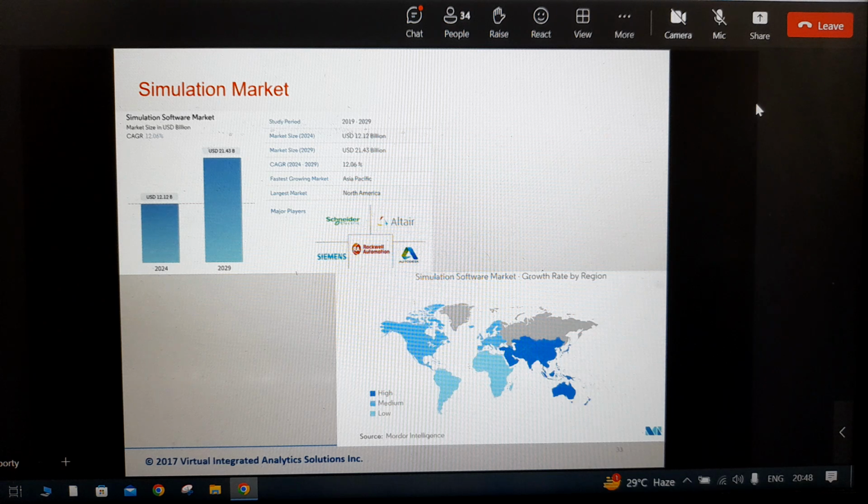This is the simulation market. I just wanted to show some data. India is actually emerging. India is expanding in a crazy way, so there is a lot of opportunity in India. If you want to come abroad, of course, but India is also going in leaps and bounds. At least I do need very good engineers, and I'm finding quite a few of them in India, which I'm very happy to see. So there are opportunities. Go after it.